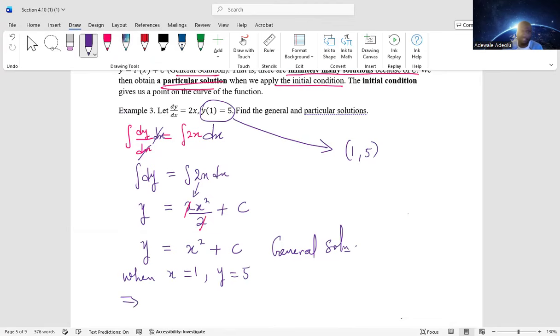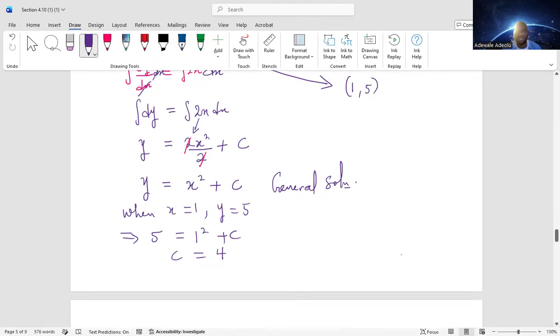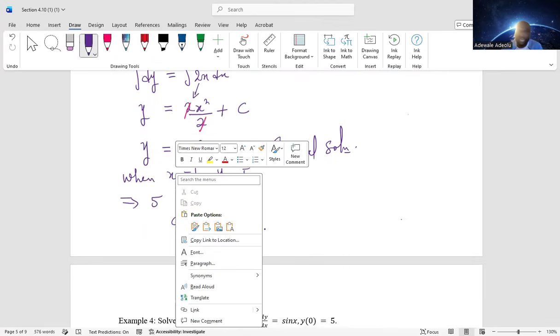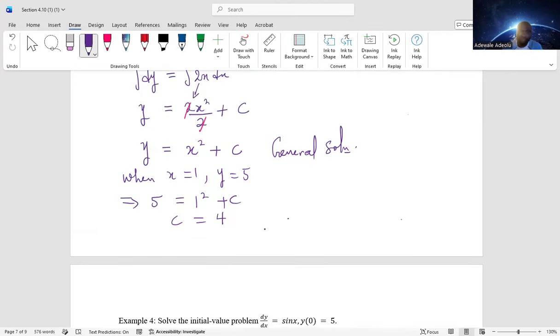That implies that we can replace y by 5 and x by 1. So 5 equals 1 squared plus c, which means c in this case is 4, 5 minus 1. And we can claim that we have our particular solution, therefore y equals x squared plus